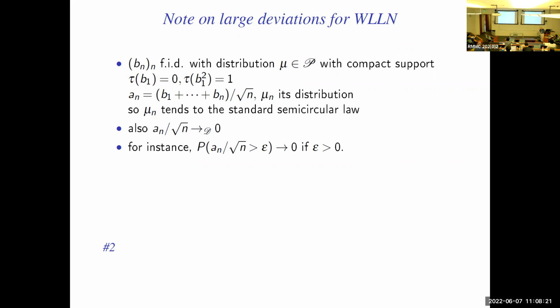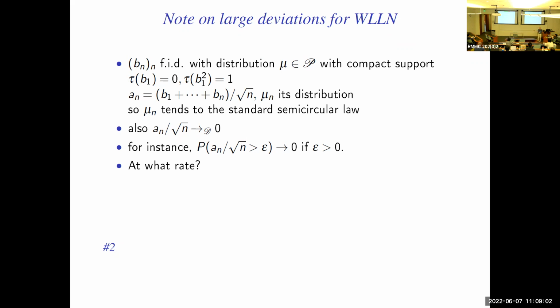Okay. So what is meant by a large deviation estimate? Well, you look at the probability that A_n over the square root of n is bigger than epsilon. And this has to go to 0, because of the point mass. How fast does it go to 0? At what rate? In the classical case, for good initial distributions mu, you have an exponential rate, which is given by an entropy function.